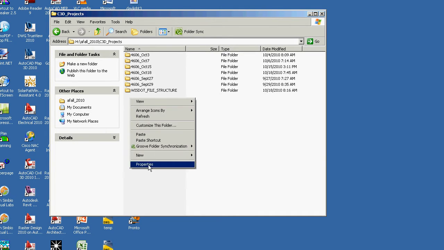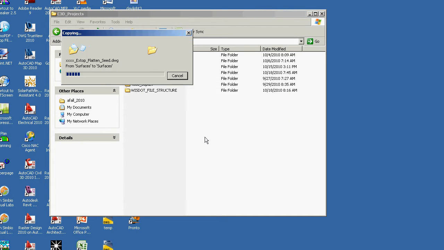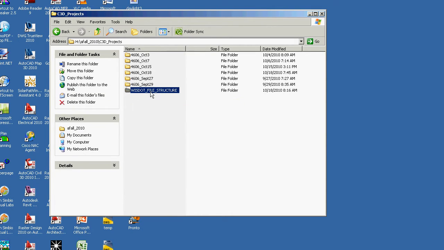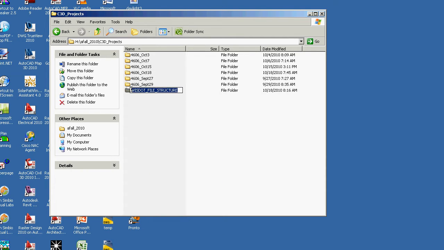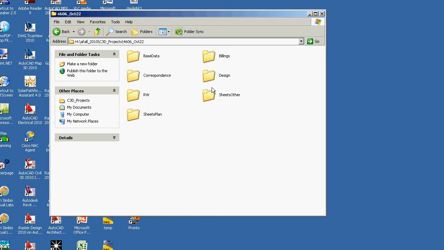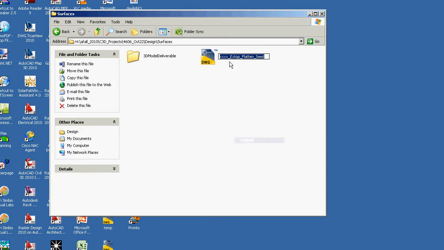If I do right click now, paste, yes to all, it's going to replace right on top of that. If I go inside that DOT file structure immediately, I want to rename it with the file structure that begins with your numbers and has some other identifying date we'll talk about, or number, etc. And then down underneath that, in the design, in the surfaces, you want that right clicking over here, renaming, you would like that to be the same